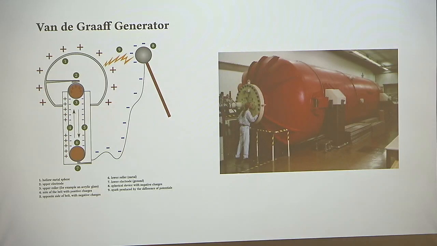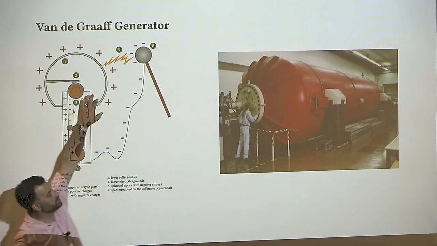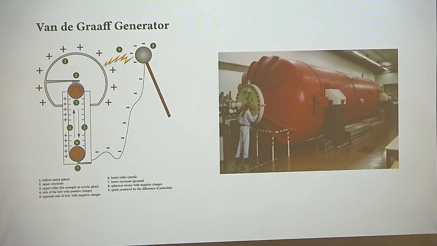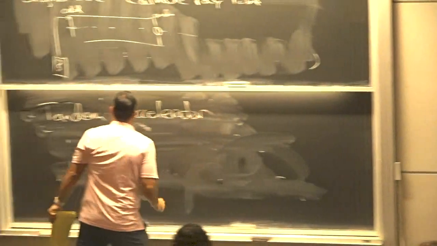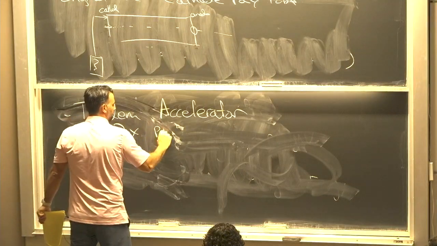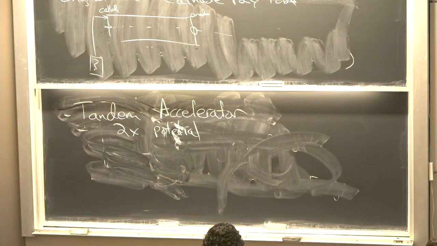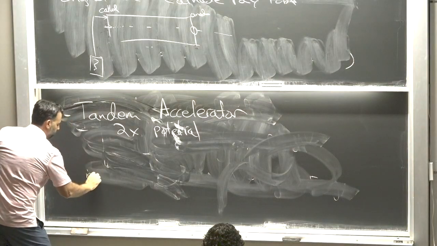Okay? Now, you can do clever things when you have megavolt potentials. You can maybe double it. So an example is if I take one of these Van de Graaff generators, which is creating a very large potential difference, you can create something that's actually used well over the world. They're called tandem accelerators. And this is a way to 2x your potential. The basic idea is, let's say you wanted to accelerate protons that had a positive charge, or electrons with a negative charge. You take your ions, okay?